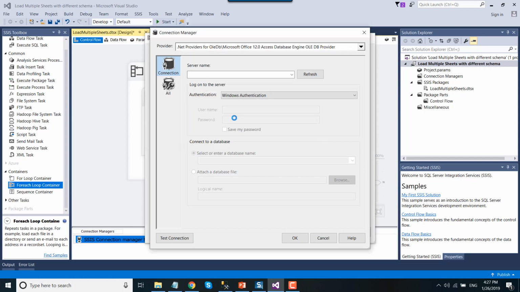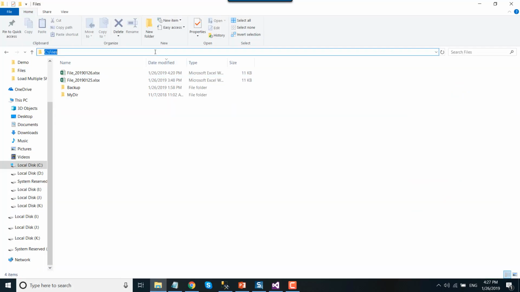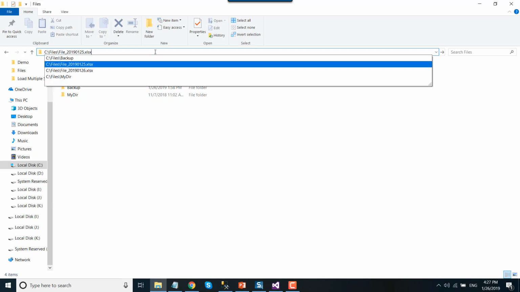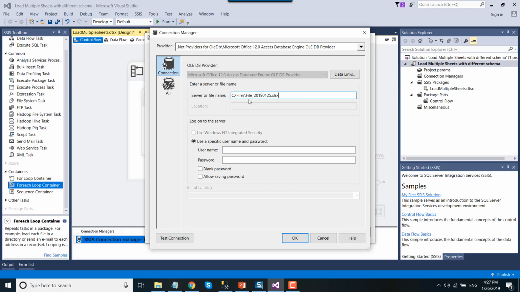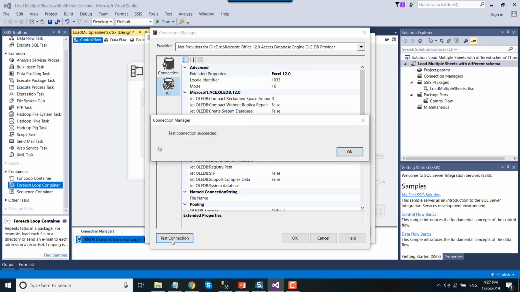Then under the server or file name, we need to provide the Excel file path, the file that we want to loop through. Then go to All, and under extended properties we need to write Excel 12.0, which is the version of the Excel file. Okay, so the connection succeeded.